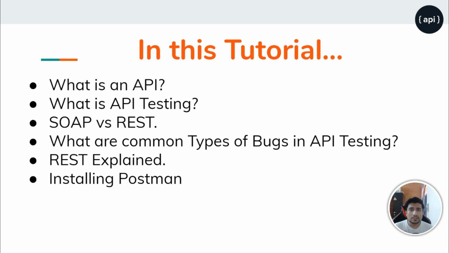In the last points, I'm going to explain extensively about REST, what is REST and what are RESTful web services, and I'm going to explain the different constraints related to REST. What are the 6 major constraints of REST that make any API RESTful? That's one of the big concepts.